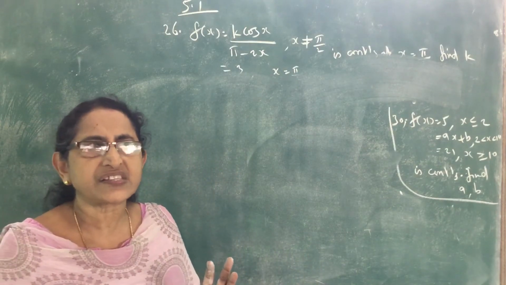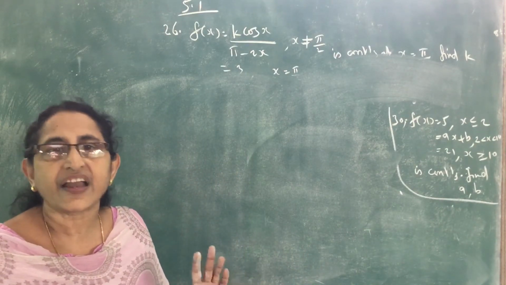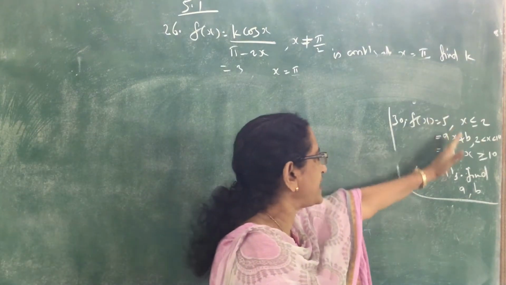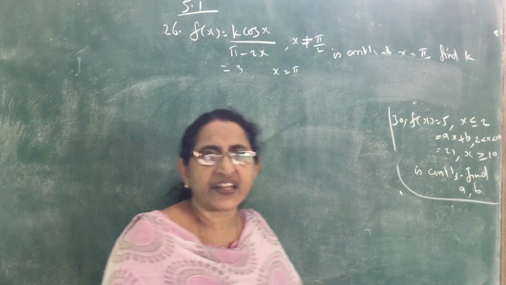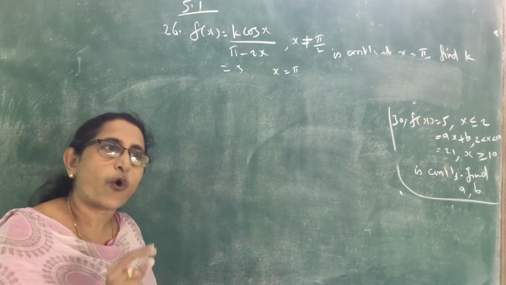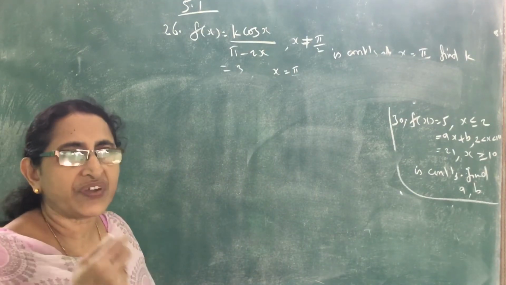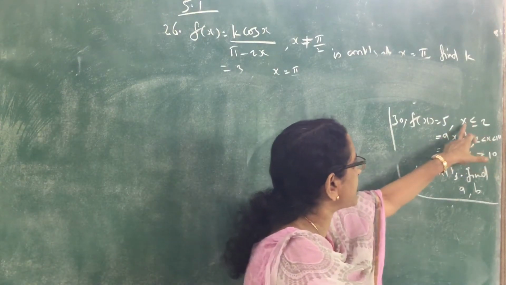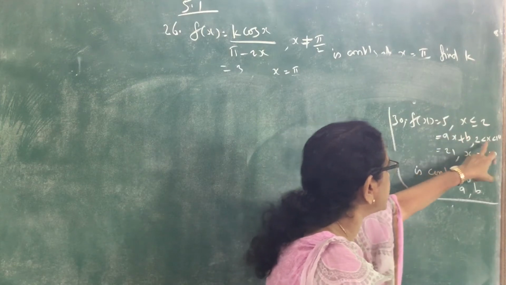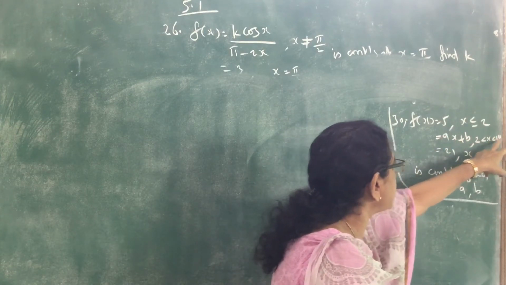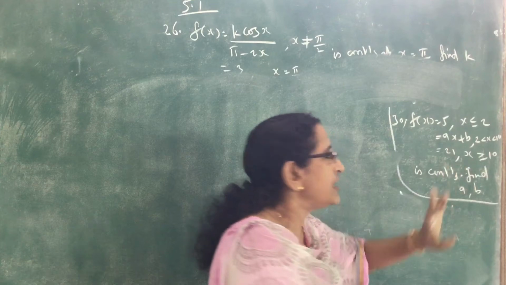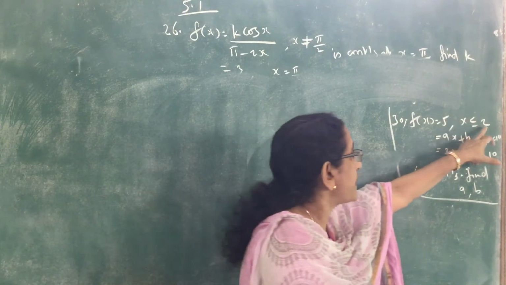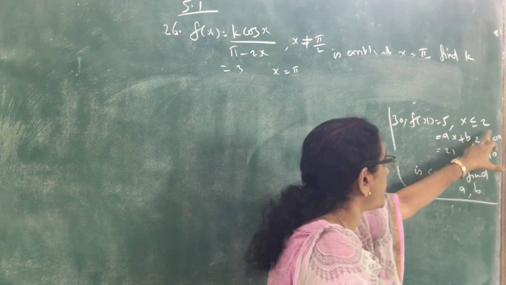Function is continuous means it will be continuous for every real number, every element in the domain. Here the function is defined like this, and given that it is continuous, therefore it is continuous at all points. So we can take whichever point we want. Because x less than 2 has one value, x greater than 2 another, x less than 10 one value, x greater than 10 another, we are taking the continuity at x equal to 2 and x equal to 10.